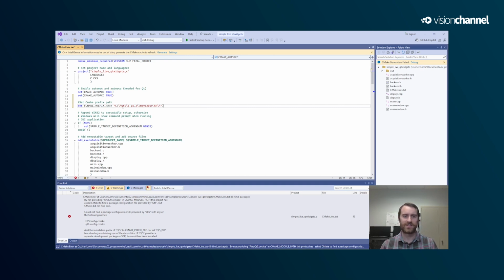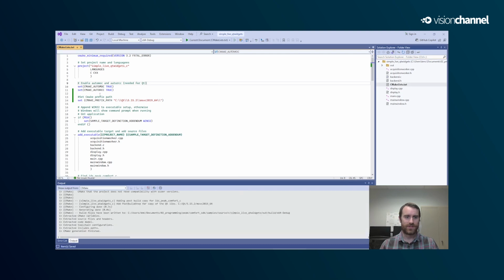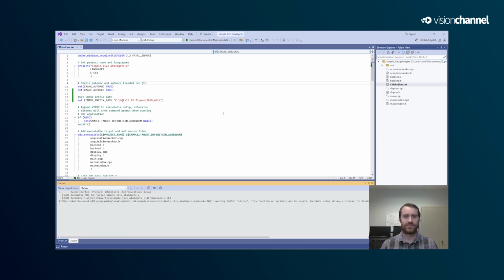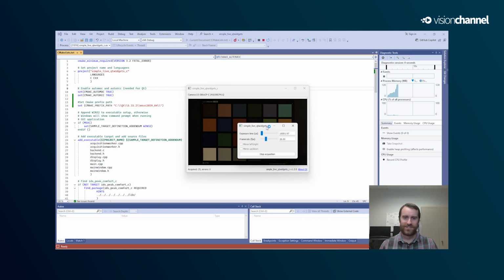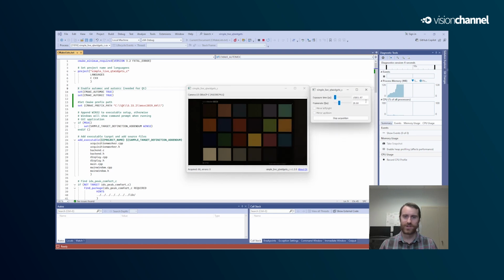In our case, C Qt 5.15.2, and under our generator here. Now we'll save this, and we should re-trigger an attempt to create a solution. And let's try this out. Just like that, we've got a running project.